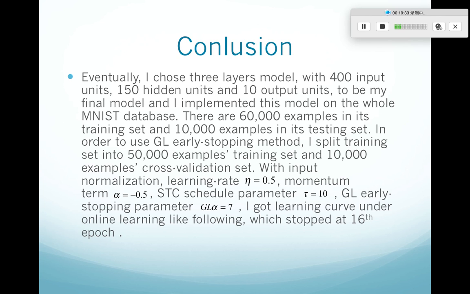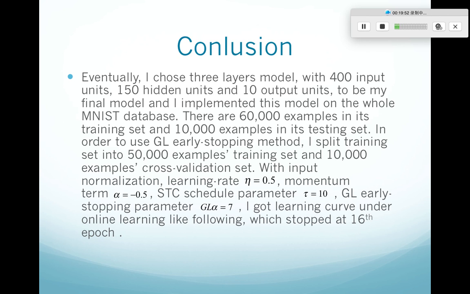In order to use the GL early stopping method, I split the training set into a 50,000 example training set and a 10,000 example cross validation set. With input normalization, learning rate eta equal to